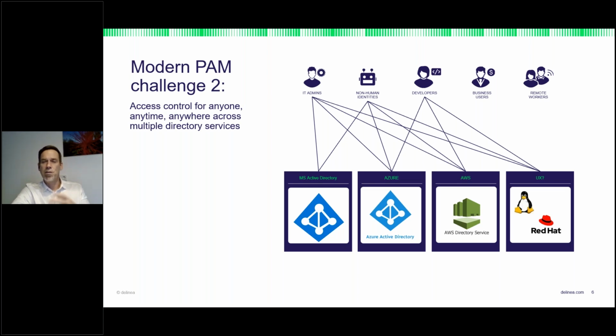So what we can help you with, and this is typically the first approach that we see a lot in the cloud, is a solution for the consolidation of all of these accounts for the different environments. If you decide to go with Azure AD as the leading system, or Microsoft Active Directory, we do what we call identity brokering for all of these things. So I want to log into Linux or AWS, and I use the same credentials, the same logon as I use on my Microsoft AD or in the Azure AD.